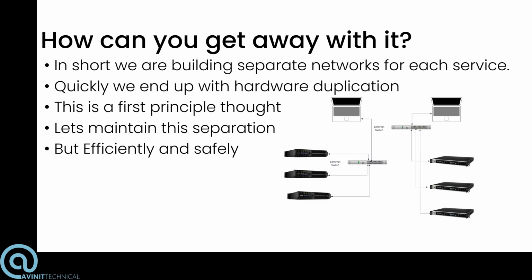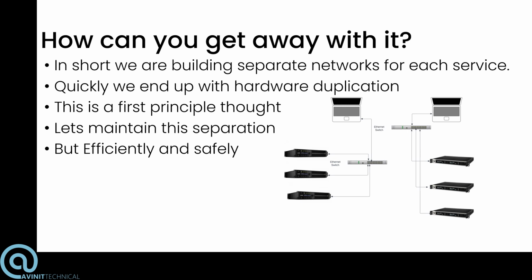Well, in short, what I've just proposed is we're building a separate network for, in this case, the L-acoustics amplifiers with their own switch and their own laptop controller, and some Sennheiser radio mic receivers, again with a different switch and a different laptop. Now, because there's nothing in common between these two things, we could use the same IP address for amplifier number one as radio mic receiver number one, because they are essentially on different planets to each other.